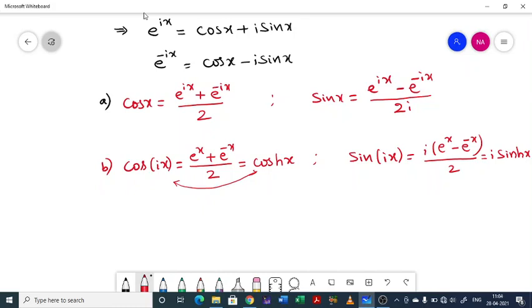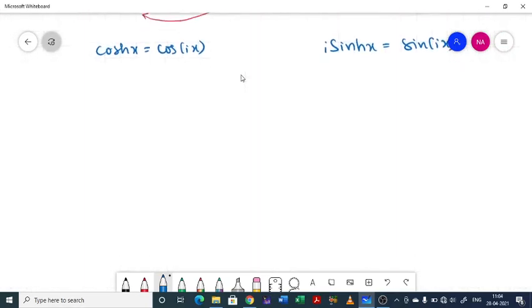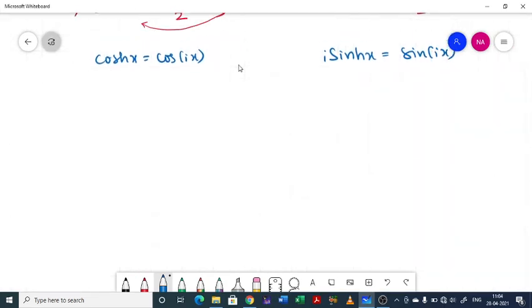So this is about the trigonometric functions cos x and sin x, cos hyperbolic x and sin hyperbolic x. The thing you have to observe is cos hyperbolic x is equal to cos of ix, and sin hyperbolic x equal to sin of ix. If you want, you can write it in the opposite way: sin of ix equal to i sin hx. No problem. But you have to remember these results because we solve many problems that involve hyperbolic functions. So that is about the third point you have to remember.